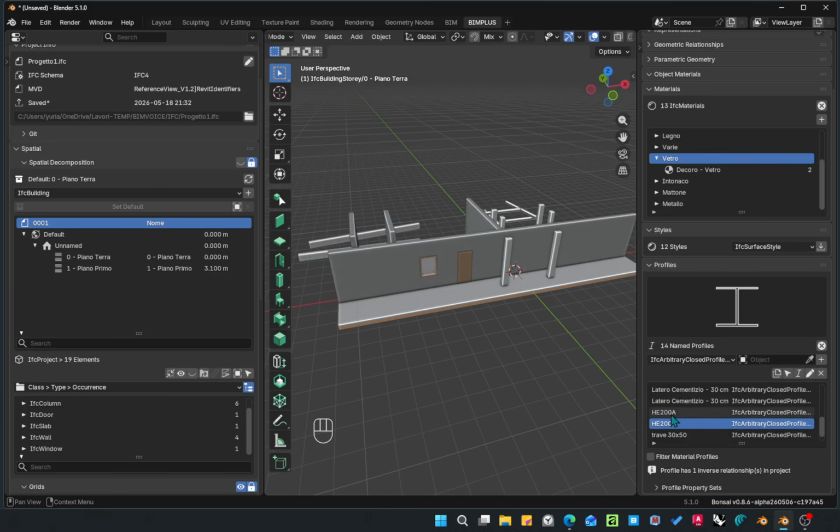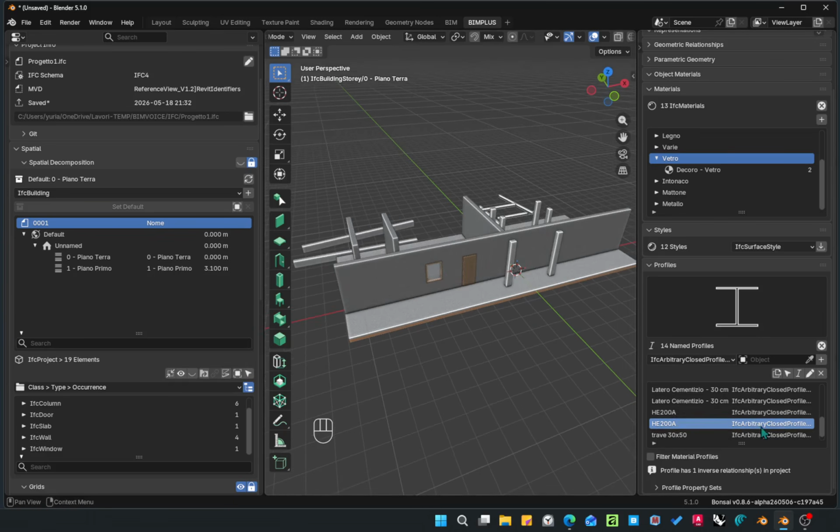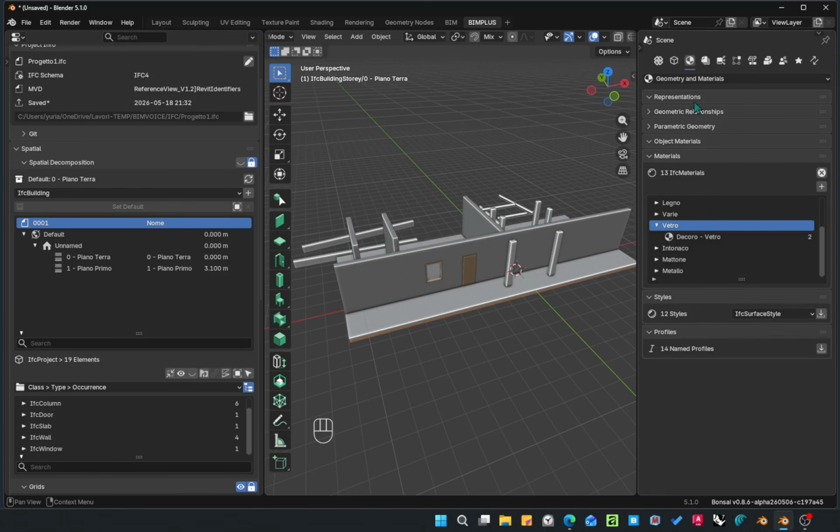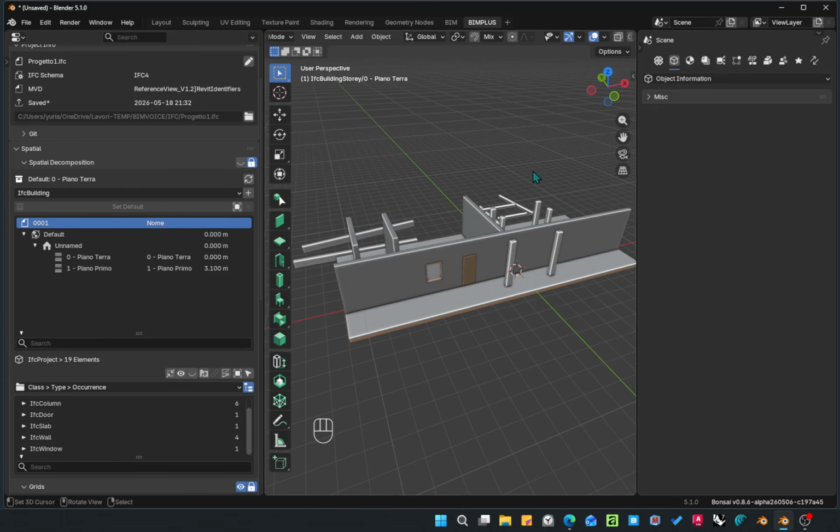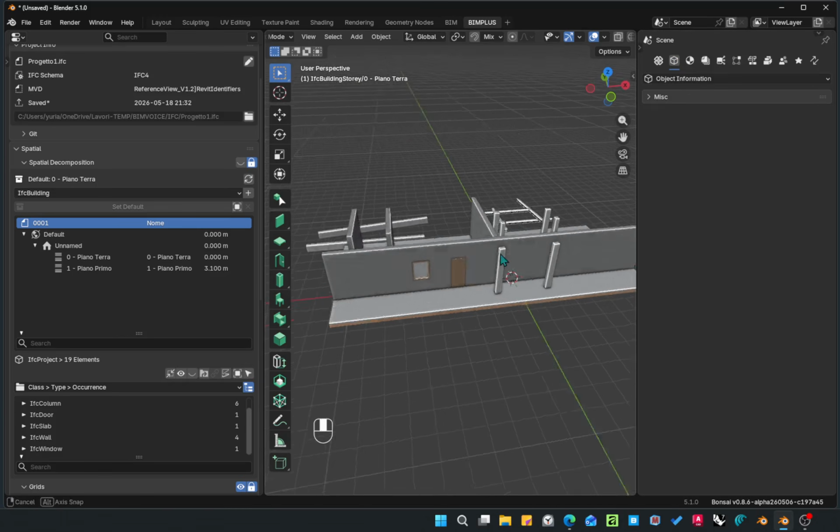Here we have a kind of closed profile. In this case, it is an arbitrary closed profile for some of the beams. And here we have the dimensions of the beams, which are not correct because, as you can see, the dimensions are very weird. I don't want to look at this at this moment, but let me check